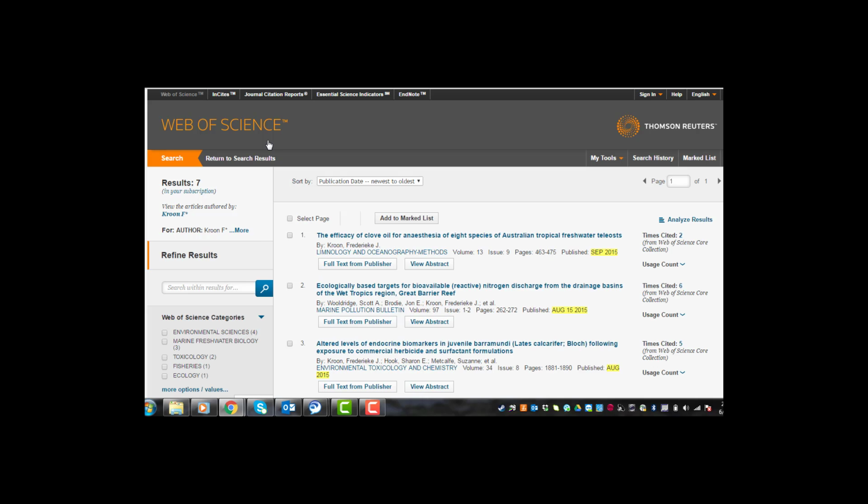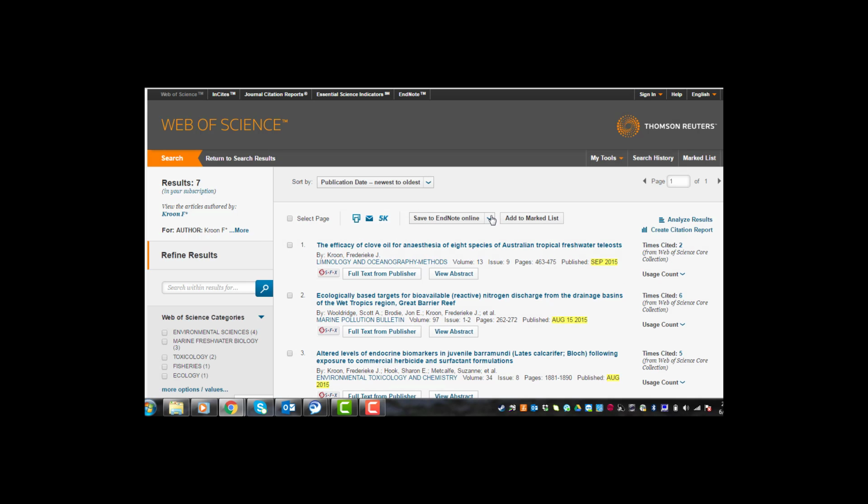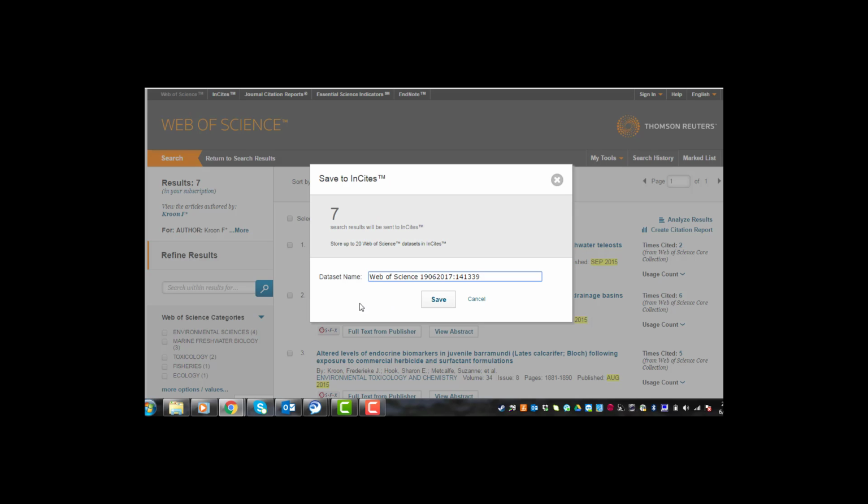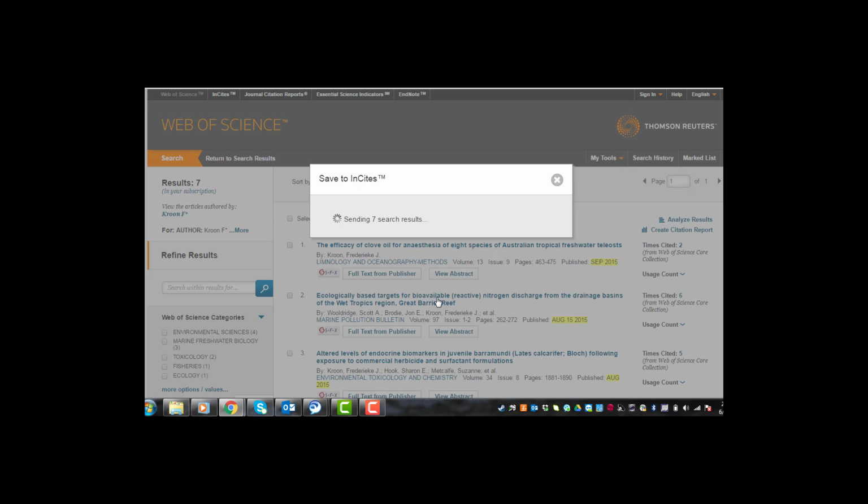and saving this set to Insights. So in this case, I could save this set to Insights. If I'm not logged in, it will prompt me to log in. From there, a data set can be created that I can call whatever I like, and will appear in Insights